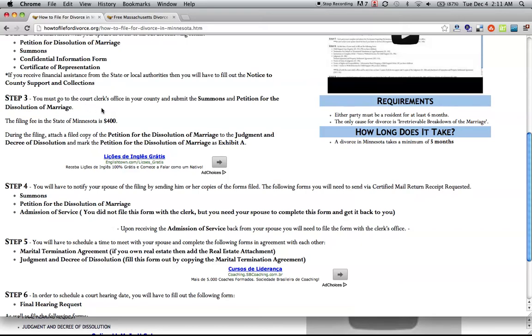So step 3, you must go to the court clerk's office in your county and submit the summons and petition for the dissolution of marriage. The filing fee in the state of Minnesota is $200, and during the filing, attach a filed copy of the petition for the dissolution of marriage to the judgment and decree of dissolution, and mark the petition for the dissolution of marriage as Exhibit A. So you basically just want to attach this petition to your judgment and decree of dissolution and write Exhibit A